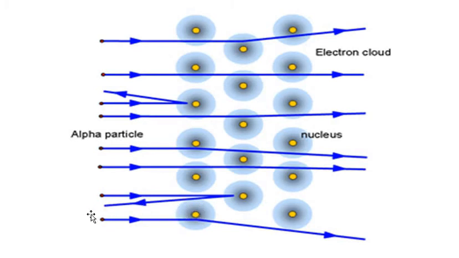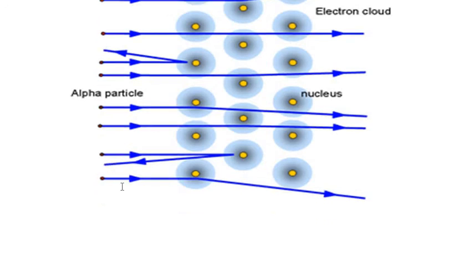The reflected part of alpha particles happened because alpha particles exactly collide with a heavy part, which is the nucleus. Because it is heavy, reflection back occurs. So he concluded that